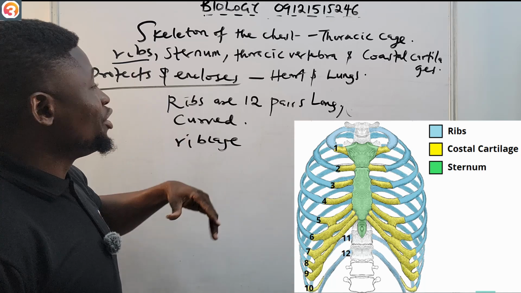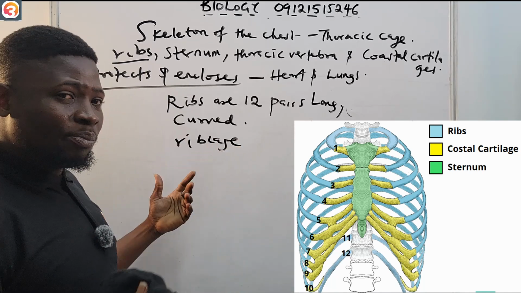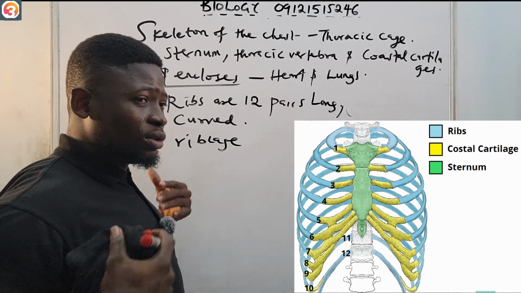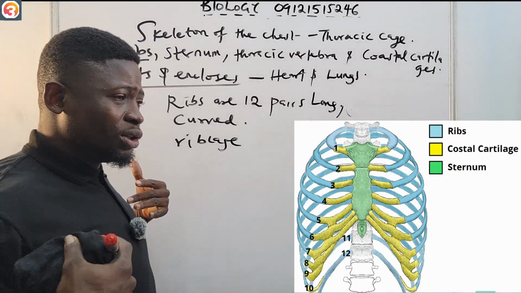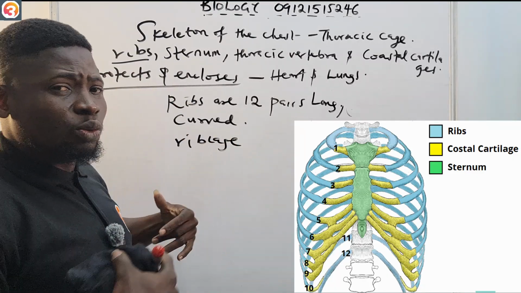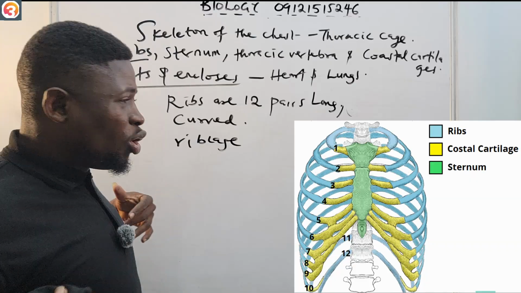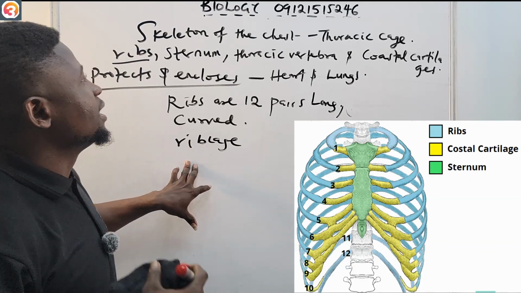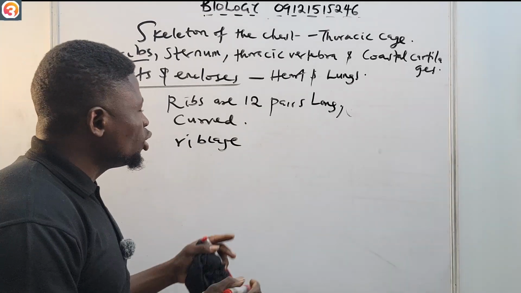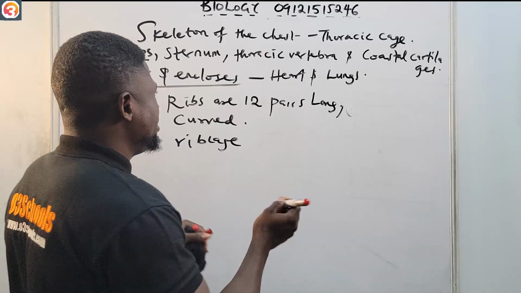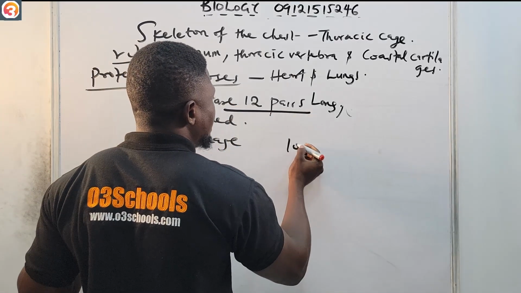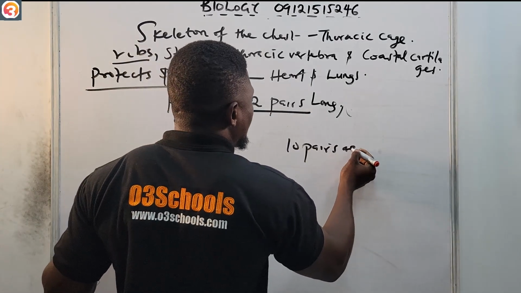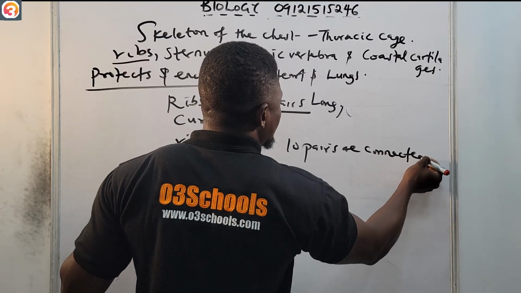Like I said, the ribs are curved. They are 12 pairs long, and they curve forward to the front, which now forms the rib cage. Please note that among these 12 pairs, 10 pairs are connected